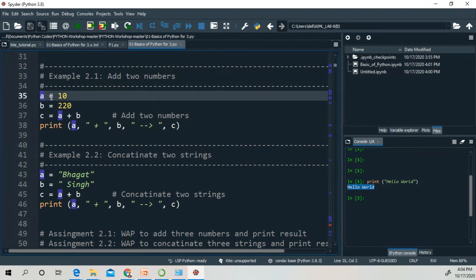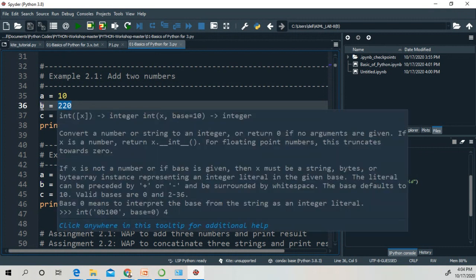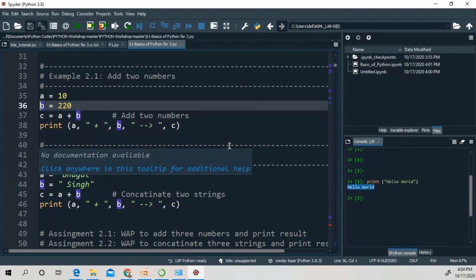With the help of the equal to sign, we directly assign the value 10 to the a variable. We place a second variable as b and assign the value 220 to the b variable. So a contains the value 10 and b contains the value 220.